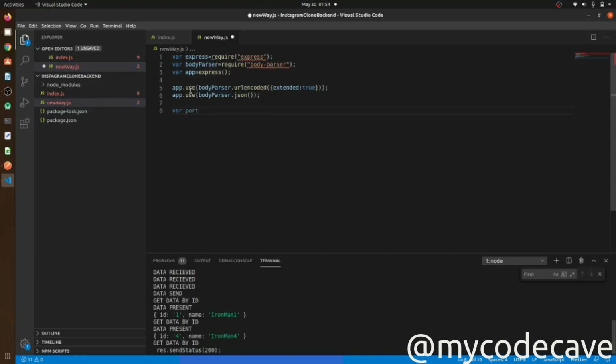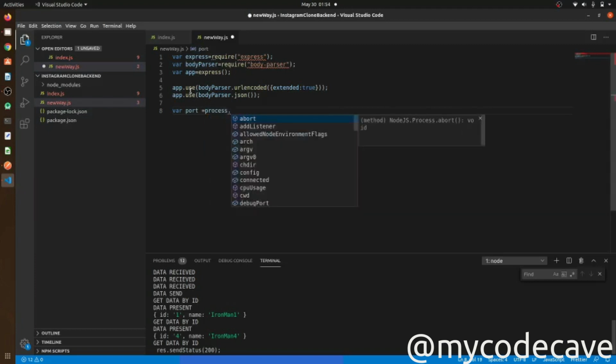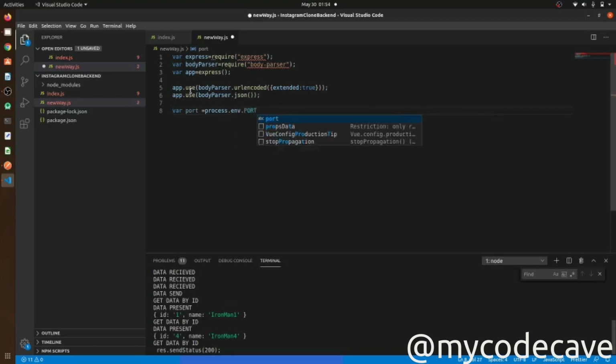I will use the environment variables, so for that you just call process.env. It will check whether there is any port in the environment. If there is a port available, it will be assigned here, and if not, we will go for 8000. If any port is not present, then 8000 will be used.